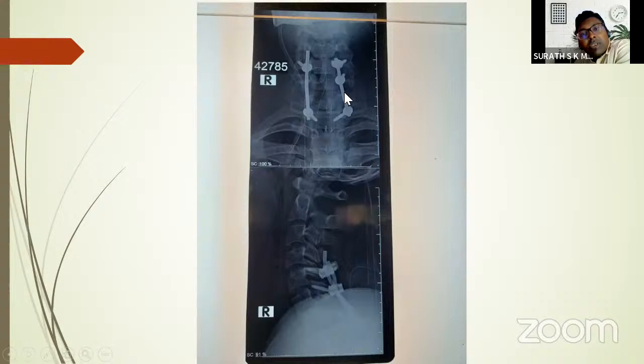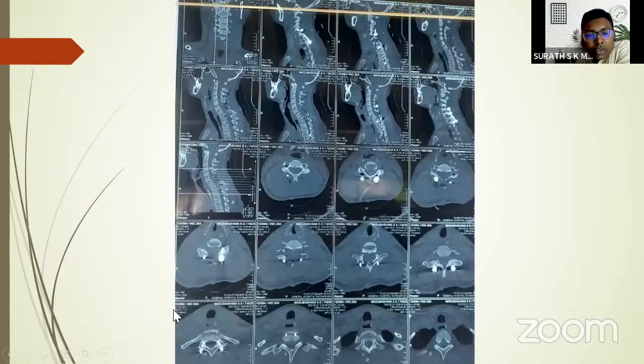Again, this patient could not afford the lateral mass screws, whatever. So we had only 2 pedicle screws and 3 lateral mass screws, so I had to use them selectively. So I know this is not the ideal, but depending on what is available for you, we had to take the maximum benefit out of that. So this is what we did.